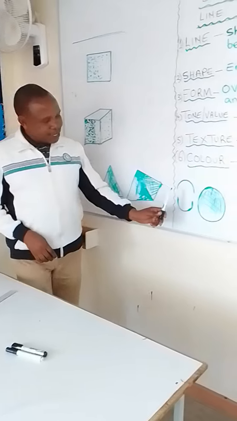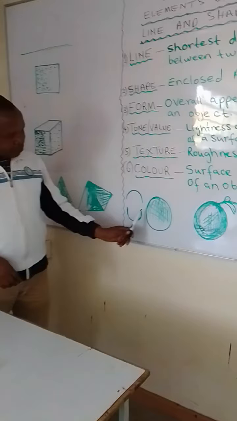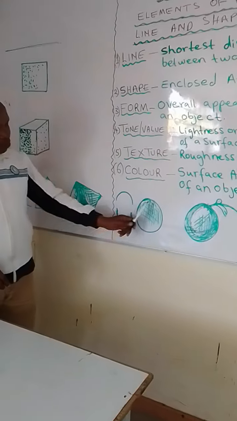Then the same as this one here, we have this is a curved line. So when two curved lines are put together,